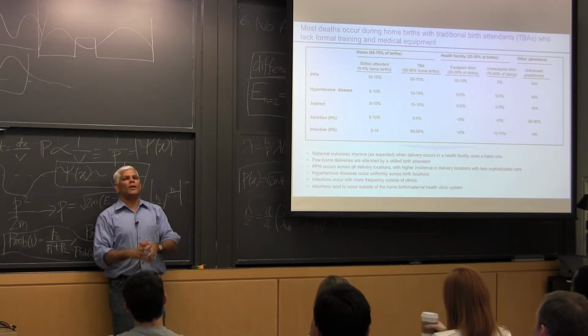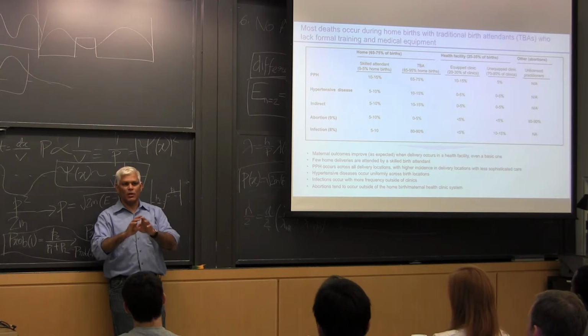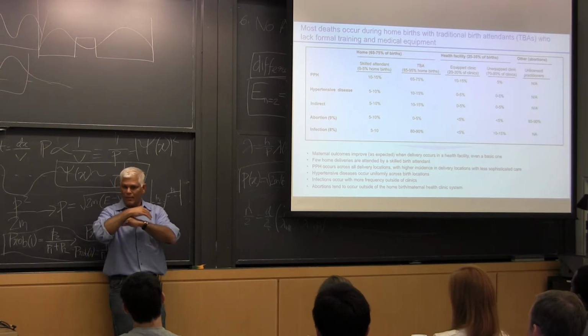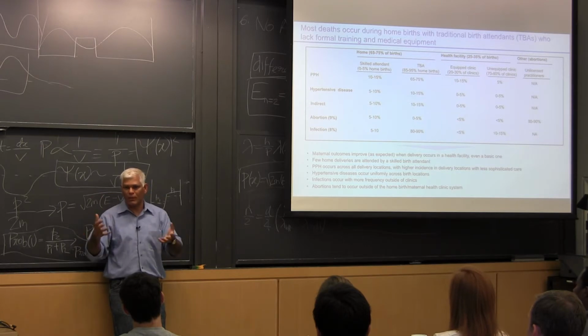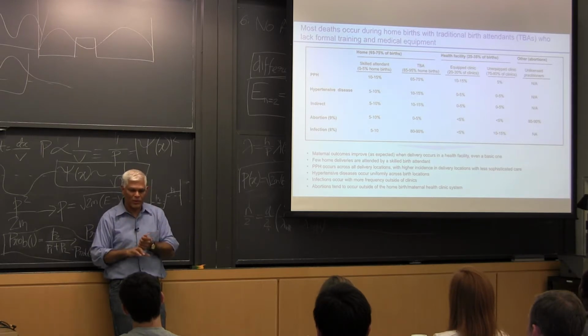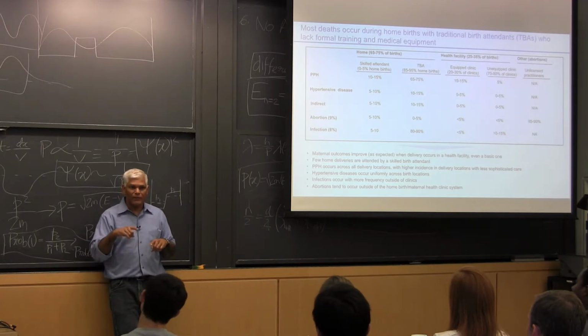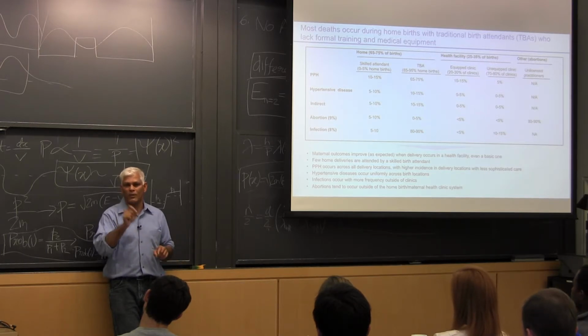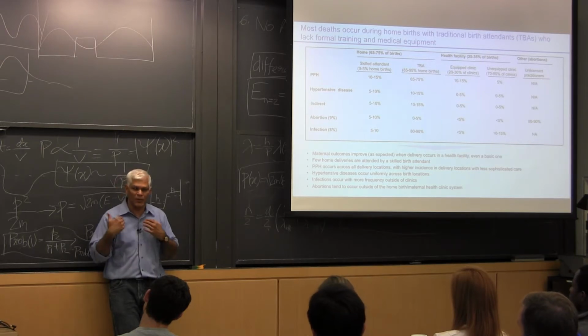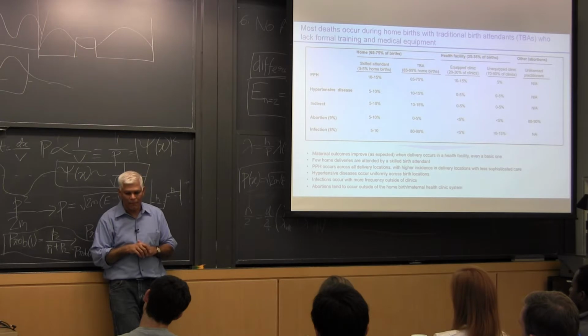Well, so let's examine what these things are. PPH, basically, you're bleeding. It is a sheer volume of blood that you're losing. And if you're suffering from anemia, it's just the loss of blood that kills you, and the body goes into shock. So in many ways, there's no need for diagnosis, because it's a fairly obvious condition. The other thing is, there's no prior indicator of PPH. So even here, with all the technology we have, it is impossible to predict which woman will have PPH and which won't. So what physicians do is they use a couple of drugs.